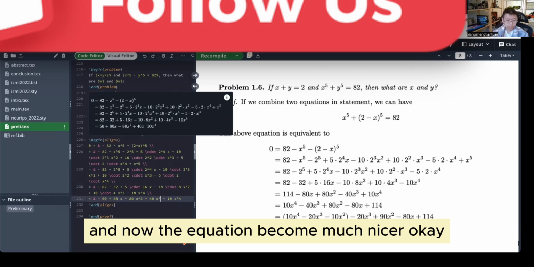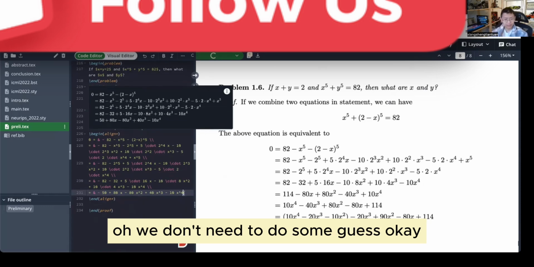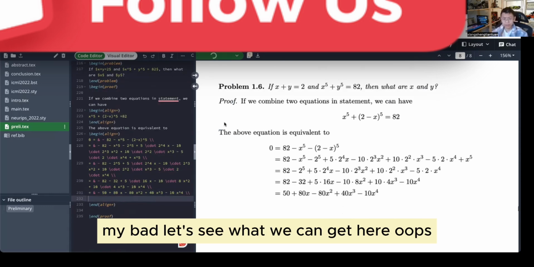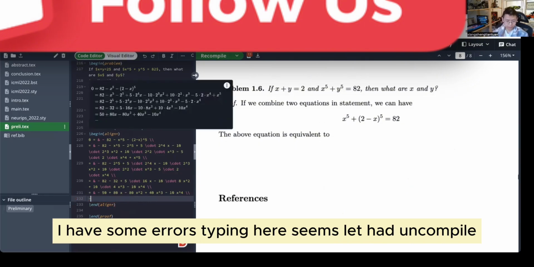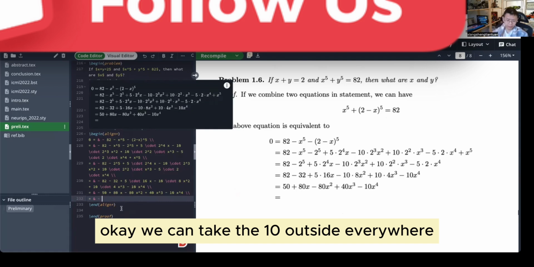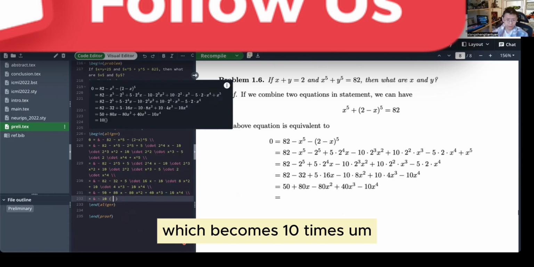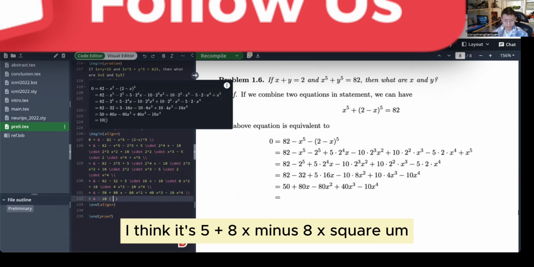And now the equation becomes much nicer, okay? We don't need to do some guess, okay, my bad. Let's see what we can get here. Oops, I have some error typing here, it seems. Let me recompile. Okay, we can take the 10 outside, which becomes 10 times, I think it's 5